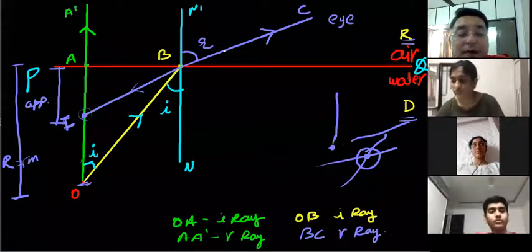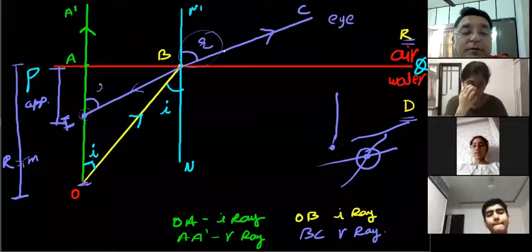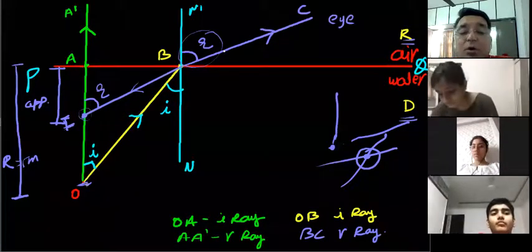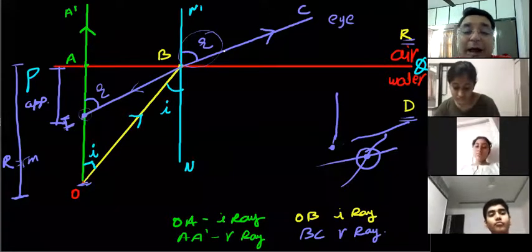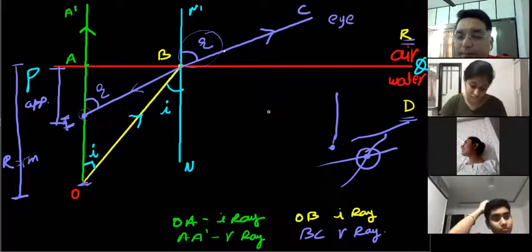Okay. So now let's look at one thing. The angle of incidence is known. If this is the angle of refraction, this will also become the angle of refraction. Again, N dash N is parallel to A dash O, and this line IB is the intersecting line. So by transversal angles, this and this are equal. So this is also the angle of refraction and this is also the angle of refraction. Everyone pay attention, okay? Now we are going to use a lot of trigonometry over here.